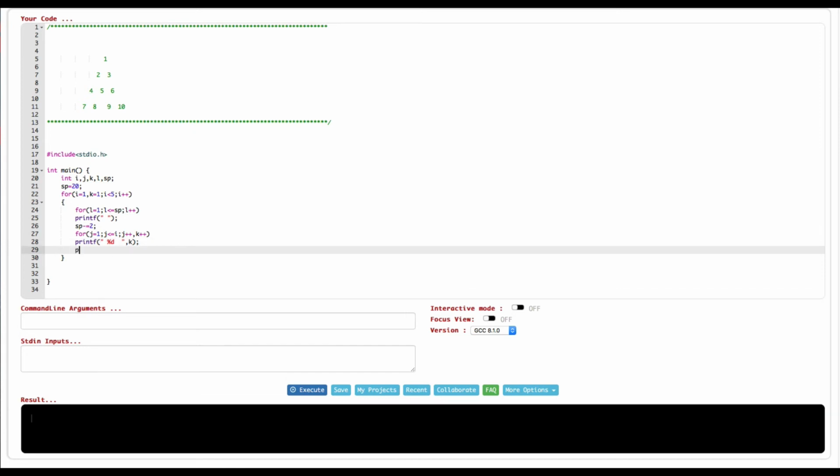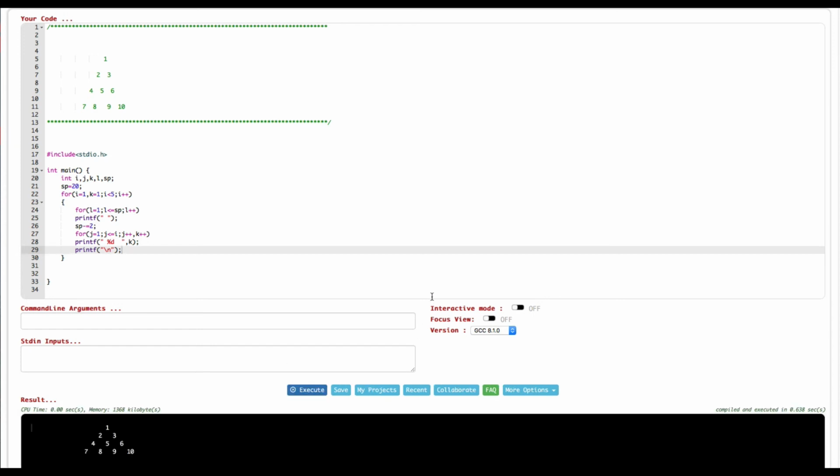So I put a printf statement. Inside of this printf statement I put a \n, so that will go to new line every time, and that's it. Now when we run this one, the triangular pattern should print. Let's go ahead and execute. Okay, now you can see we are getting 1 2 3 4 5 6 7 8 9 10